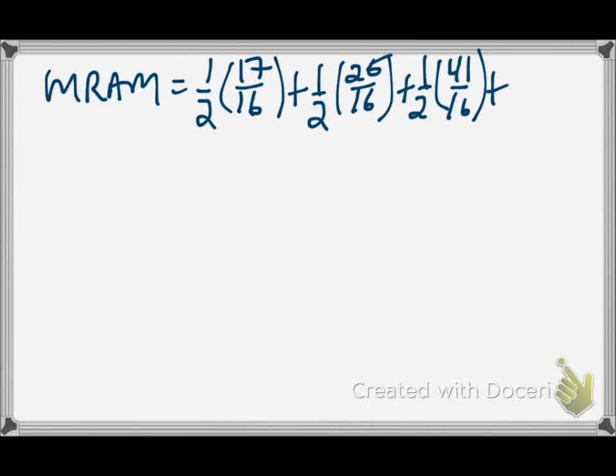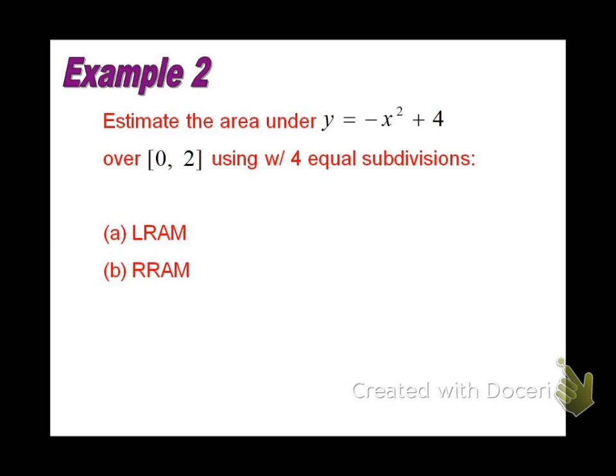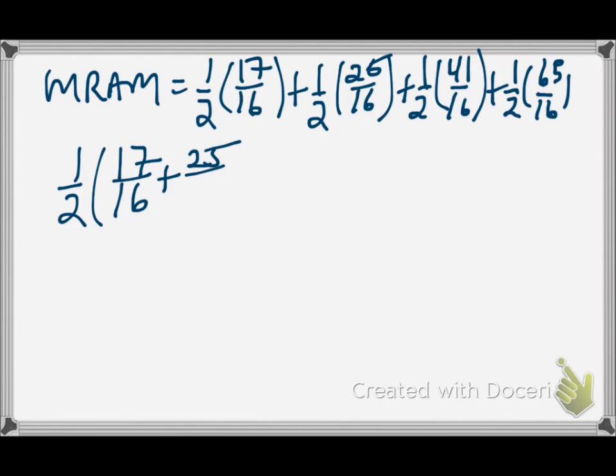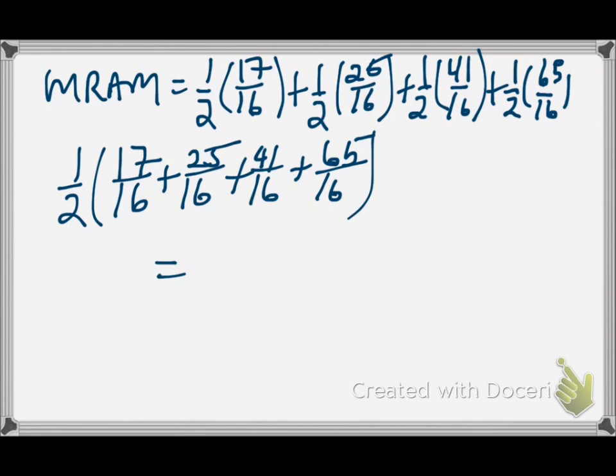And the last one there was a 1/2 times 65/16. All right, and so again, 1/2 times all these numbers, if you add them up, will give you an area using the midpoint rectangular approximation. And this calculates to turn out to be 37/8,